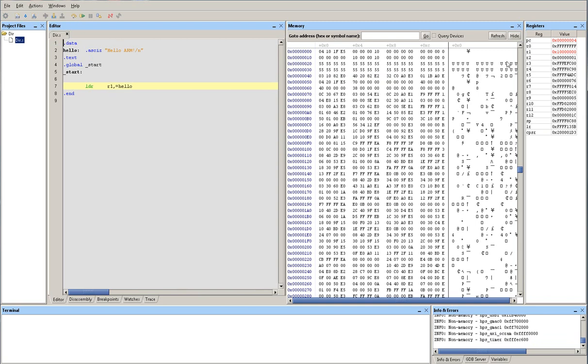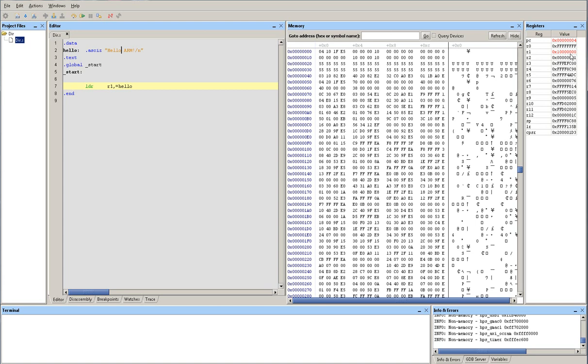Again, there's only one instruction here. Now if I take a look at the content of R1, I see that R1 is containing 10000000, which is the address of the hello message that I have. So R1 is now pointing to this hello message. Since this hello message is declared under the .data directive, and we told the linker to start the .data at address 10000000,